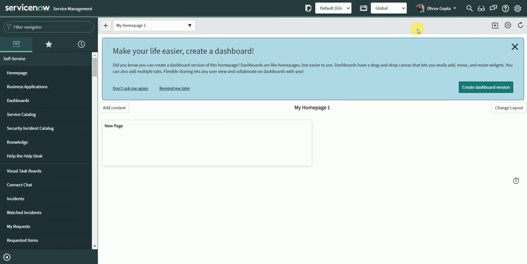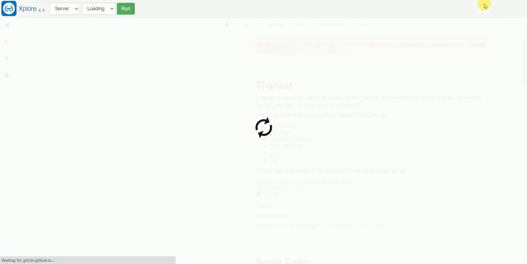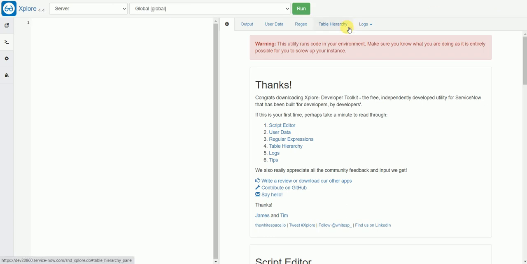Let me open the explorer. If I initialize a GlideRecord, say for the incident table, then as soon as I initialize it, certain records are created. I mean, there is one sys_meta tag that is created for every field. So let's have a look at that.